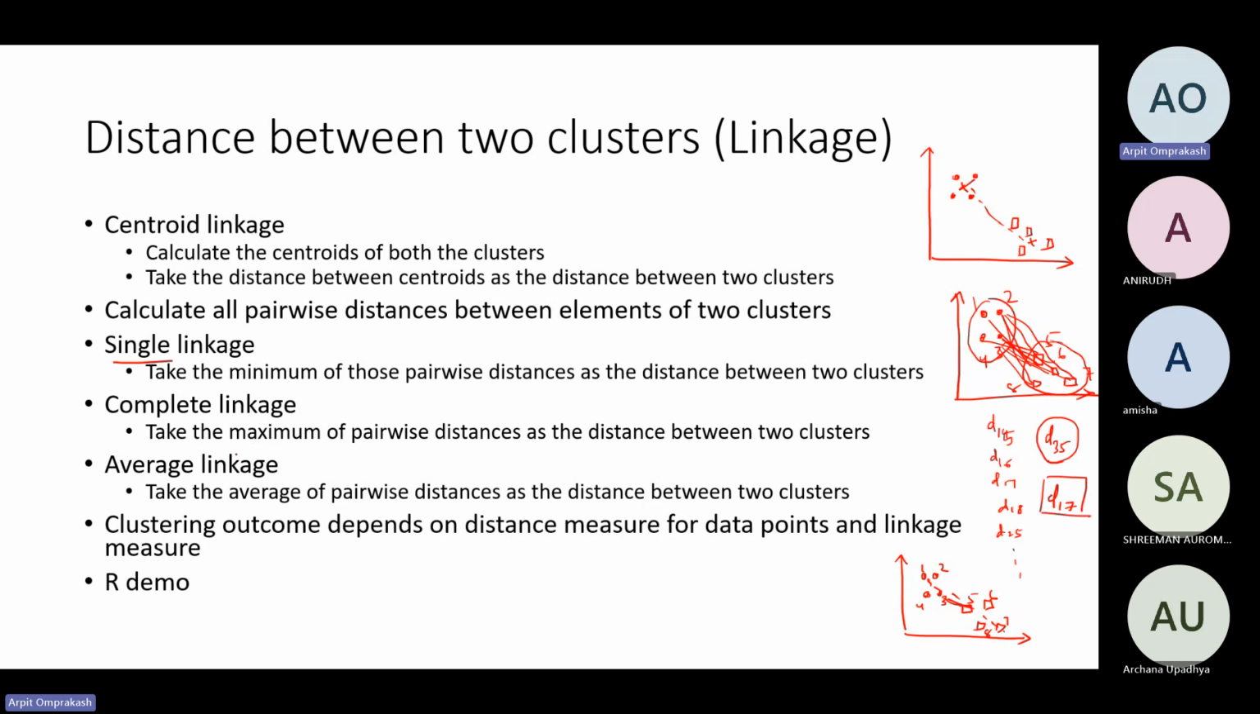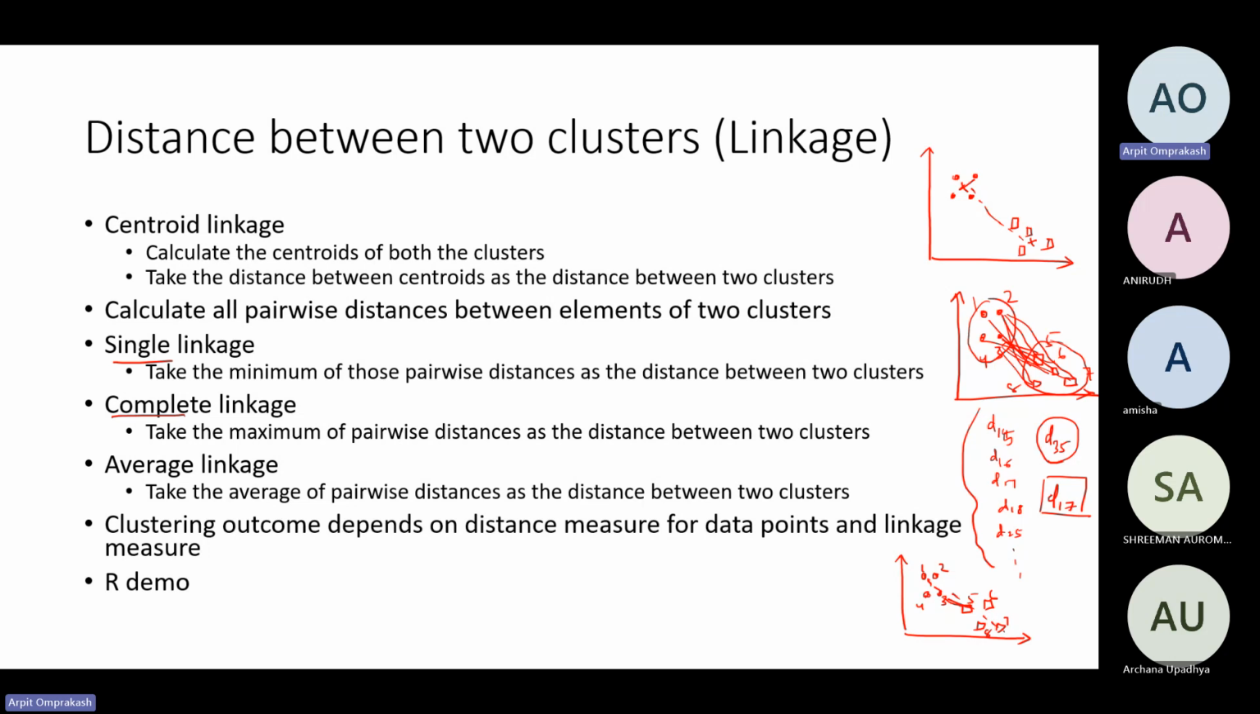So this will be our complete linkage. And average linkage, as the name suggests, is basically the average of all these distances that you have across all the clusters. The outcome of clustering, when you're clustering anything, will always depend not only on the